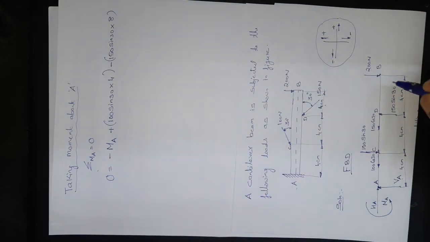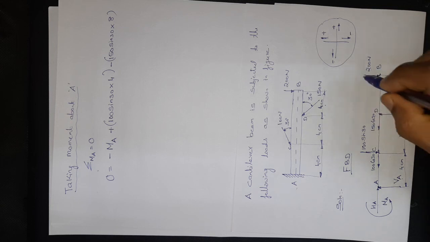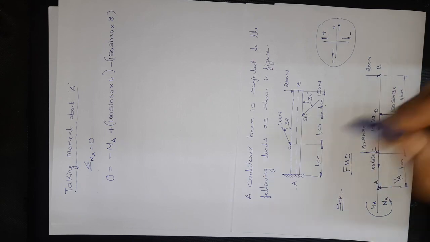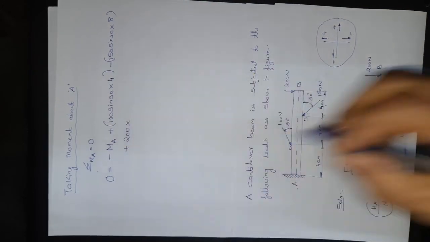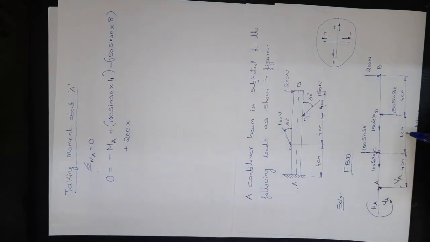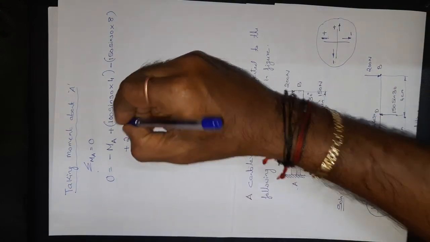Right. Let me just move to point B. A point load is acting at point B, and it tends to rotate the object in the clockwise direction, which will carry the positive sign, of magnitude 200 into its perpendicular distance from the origin, which is 4 plus 4 plus 4, which is 12,